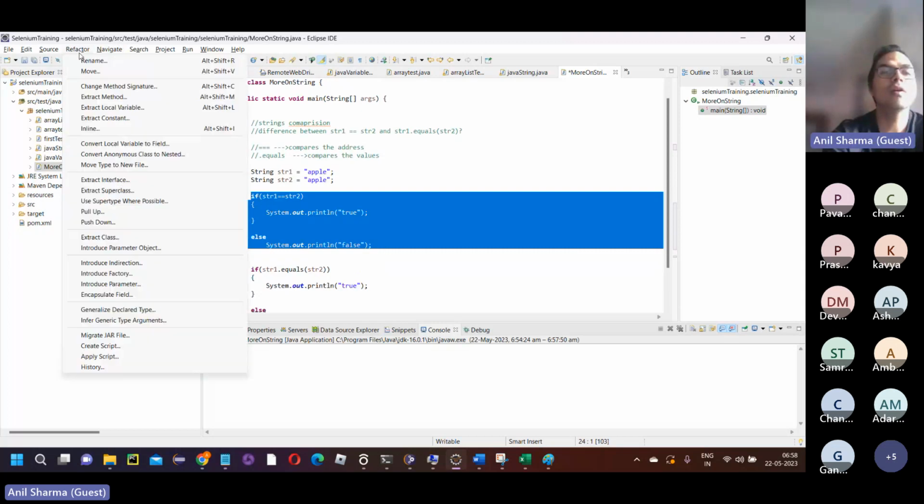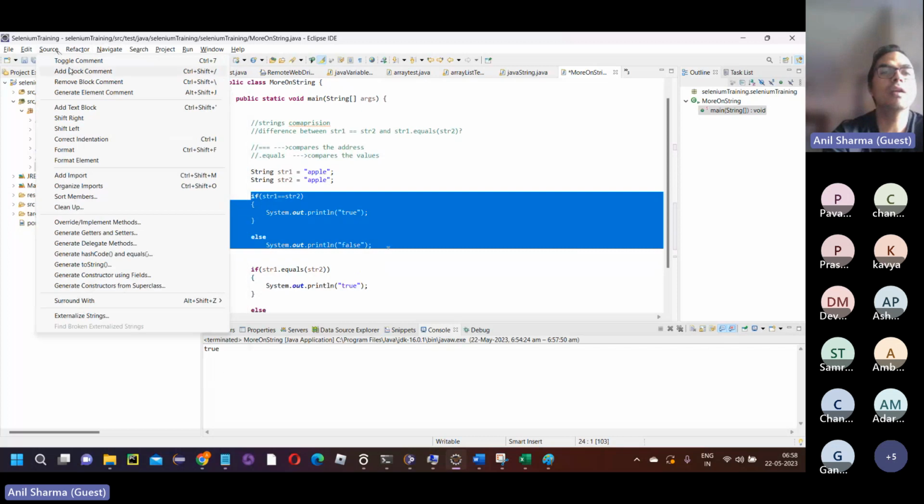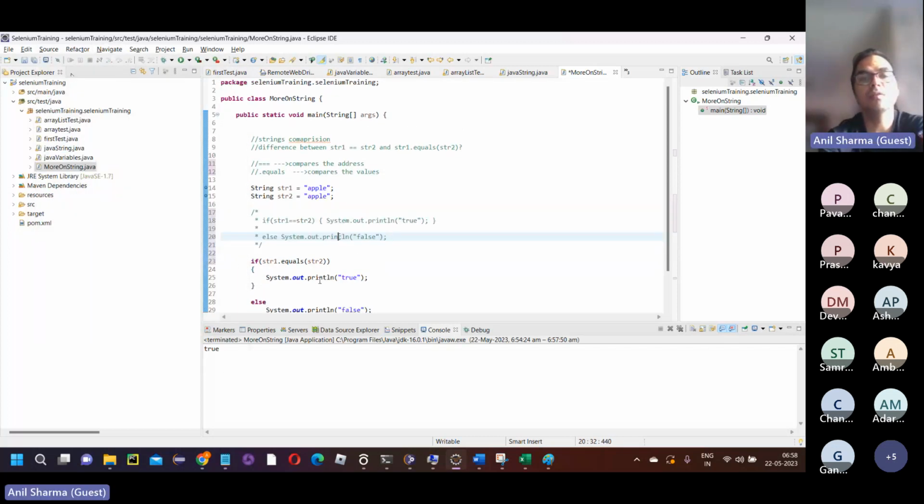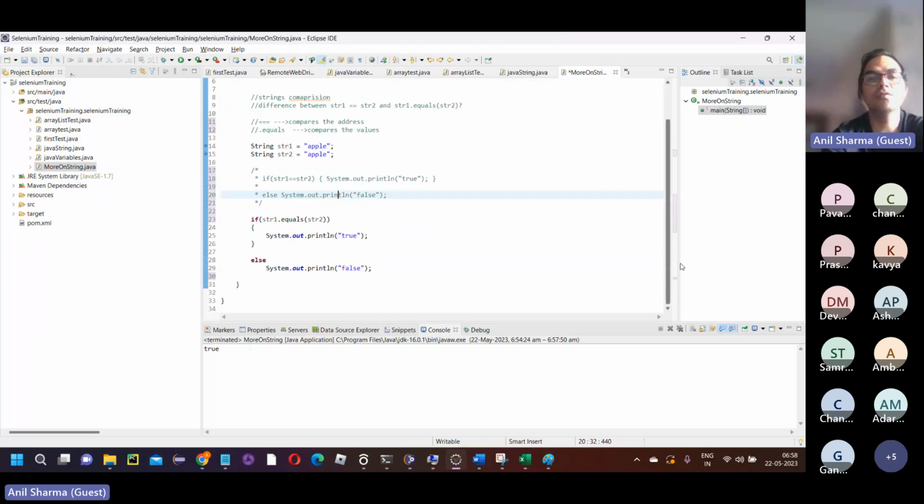Or select all the lines of code you want to comment, go to refactor source and add block comment. There is an option, so it becomes helpful for many lines of code. A single line comment we already know is by double slash. It comments that. So in this scenario, let's run it